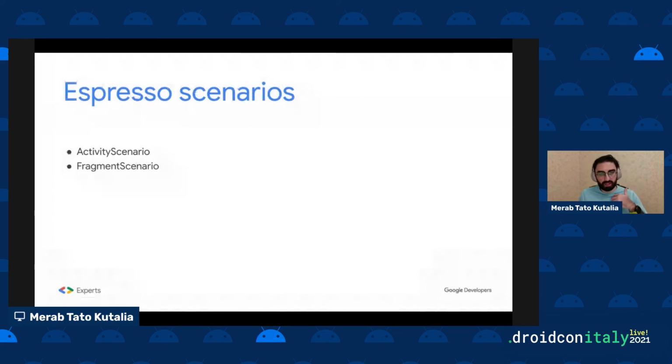You can create states where the activity is resumed or in created state and test very specific functionality of this activity. And of course, we have the fragment scenario, where you can test graphical and non-graphical interfaces, so non-graphic fragments,